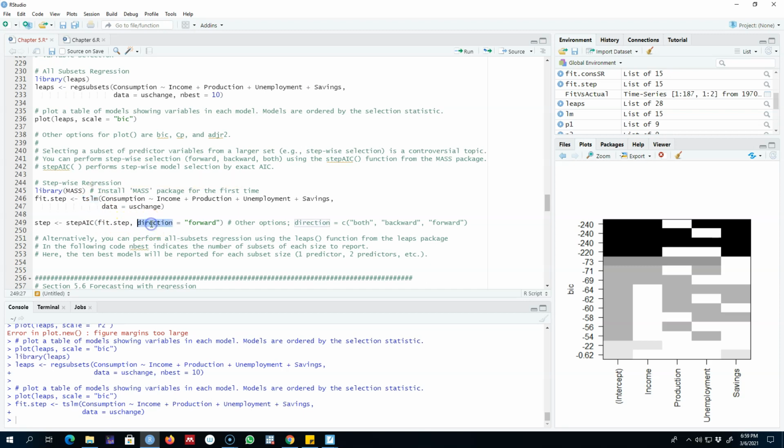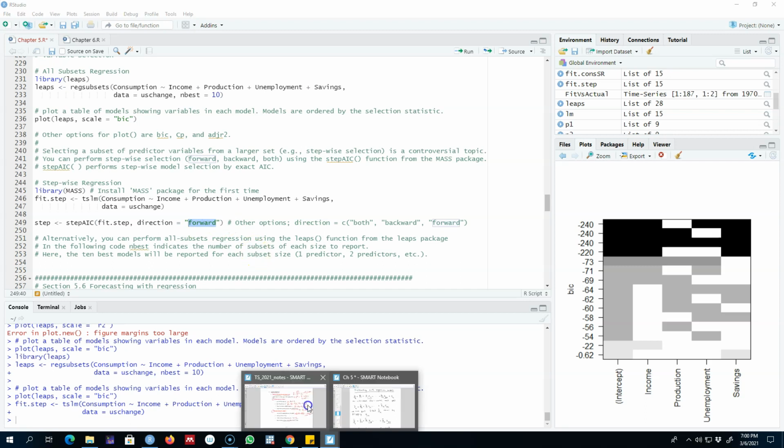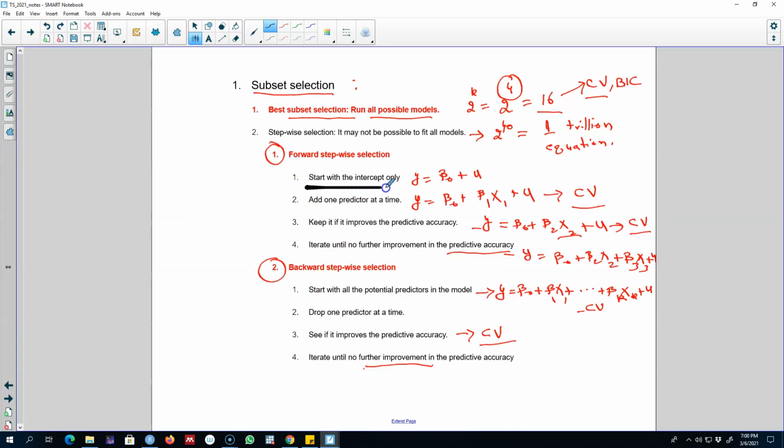Then I'm going to pass the direction argument, which can take 3 values, both, backward and forward, depending on which type of model you want to run. Here I'm regressing the forward model, in which I will start with the intercept only and then include one variable at a time.